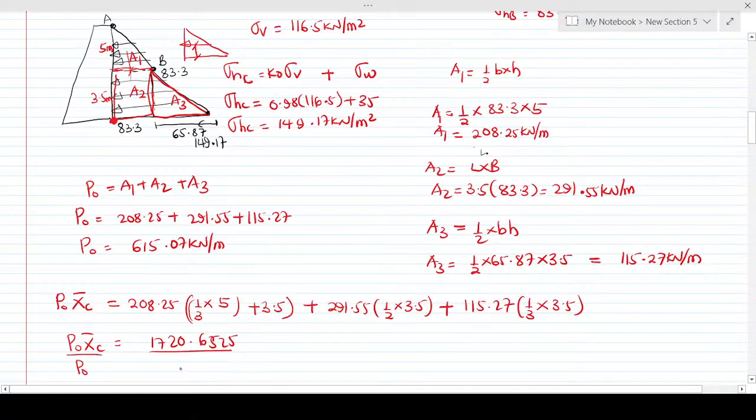Now we are looking for XC, so we divide it by P naught. So XC will be equal to 1720.6525 divided by